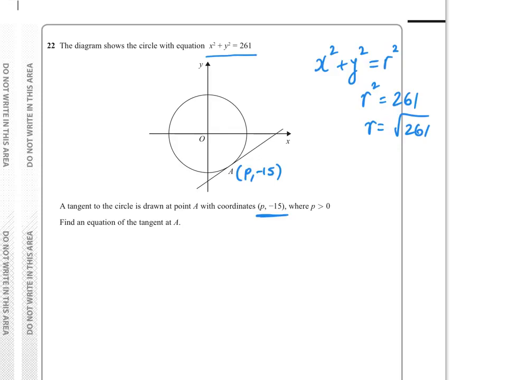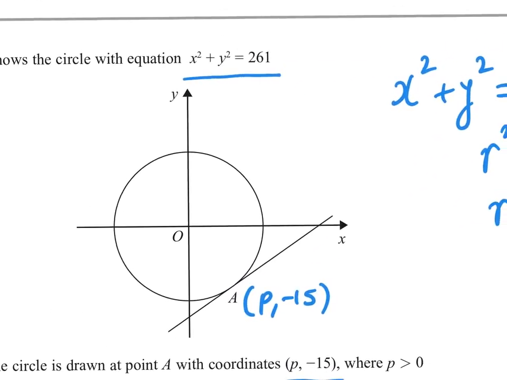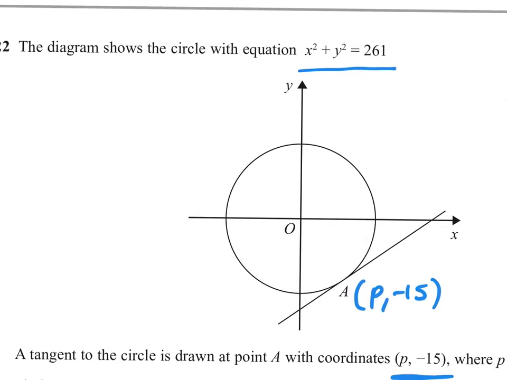So the first thing I'm going to do is zoom in on the actual circle, and I'm going to put in the distance here, which I know, which is root 261, the radius. Another clue is I know that the y part is minus 15, so down by 15. So I also know that I can create a right-angled triangle with this distance here being 15. I can then use Pythagoras to find this distance here, p,